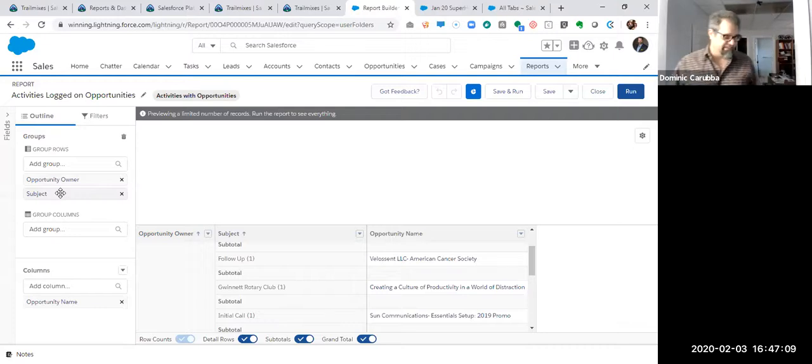So when you think about this, the type of report is activities that have opportunities. That's the data that I'm reporting on, the type of data that I'm reporting on. The way that I see it is either going to be in a tabular view, like a list view, a summary, or if I wanted to see something like